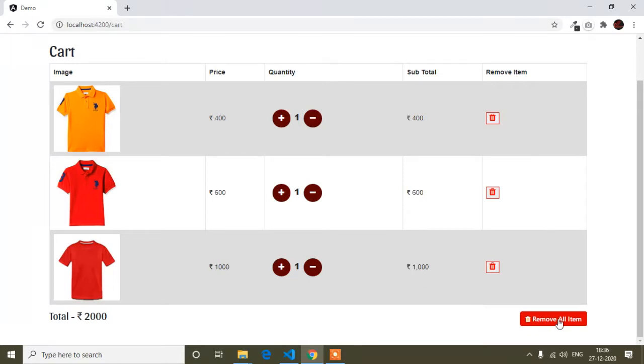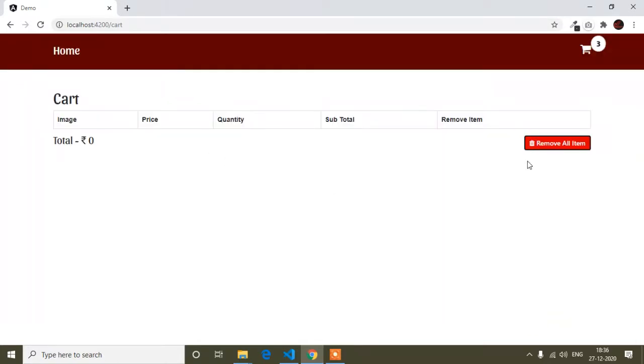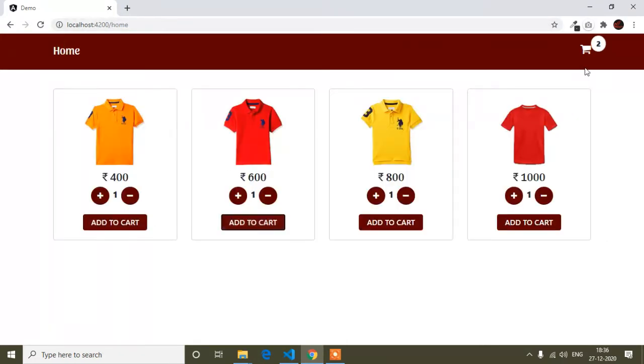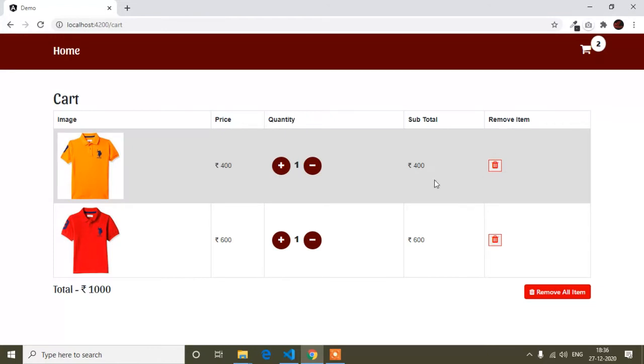I will show you that if I click, you can see all the products are removed from here. And now in this tutorial I will show you how you can delete a single product. That means guys, when I'm adding any product to our cart, you can see each product has a delete icon attached. If I click this delete icon, only this product will be deleted from here, and if I click this delete icon, only this product will be deleted from here. So in this video I will do that. Okay, so let's move to my code editor.